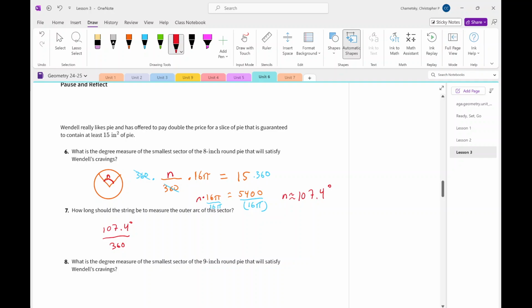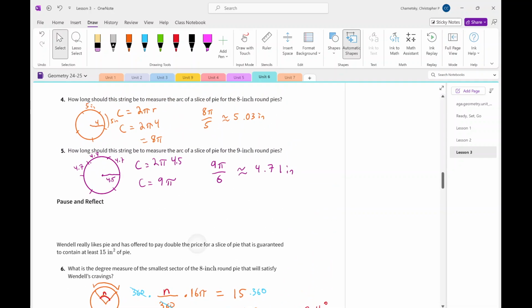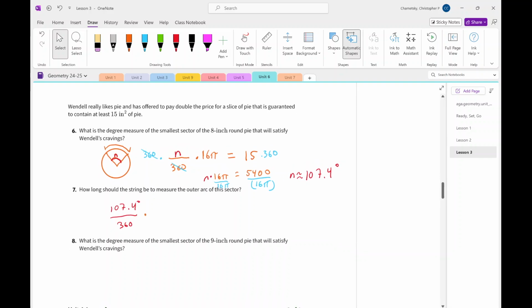We're going to multiply that by the circumference of the entire pie. Why circumference? Because in number 7 we're trying to find that distance. So we need that fraction, that 107 out of 360, times the whole circumference. The whole circumference, if you remember, is 8 pi, so times 8 pi, that should give us the length of the string